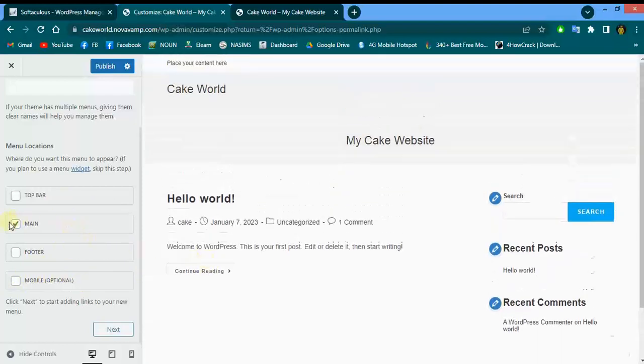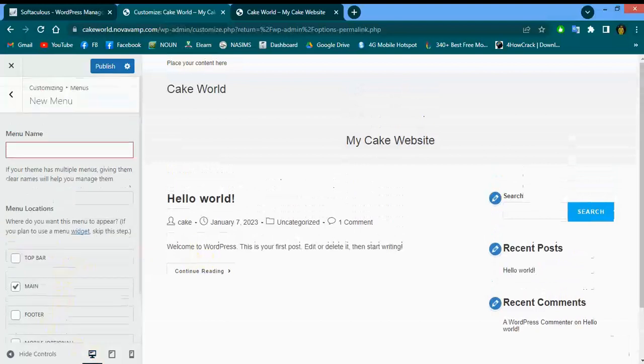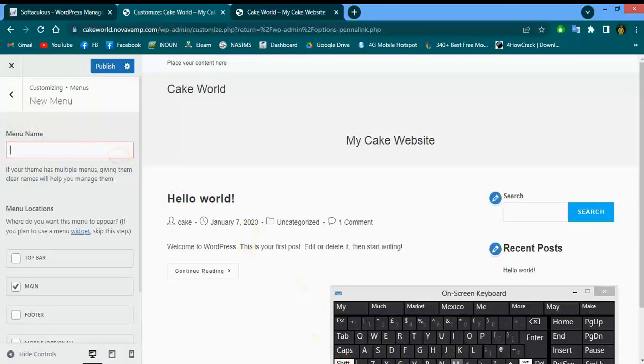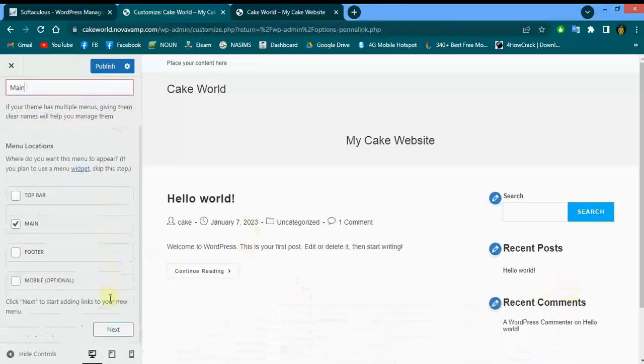So when you click on main menu, next, we're going to add a name. Let's add a name to our menu. Let's name it main. You can just name it main menu. Just call it main. That will do. Okay, next